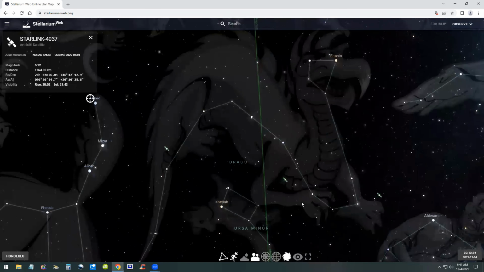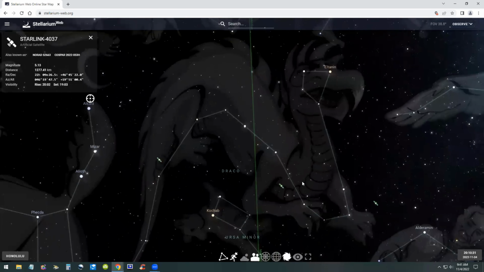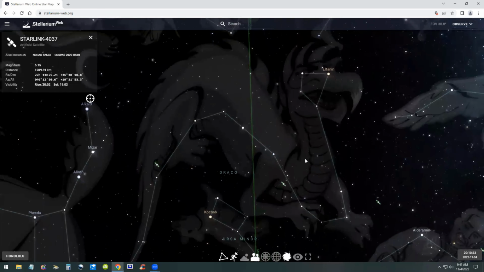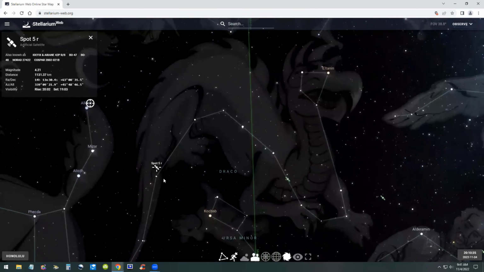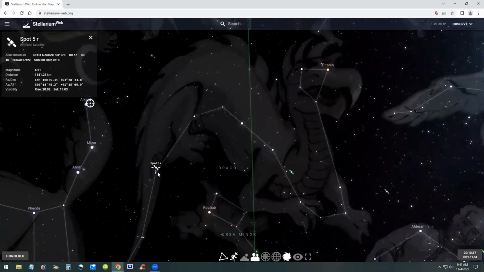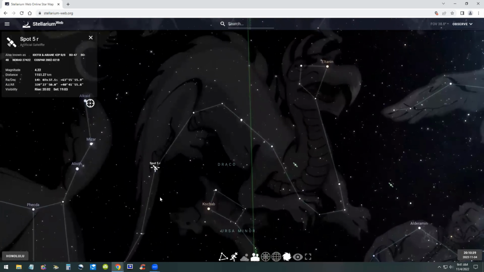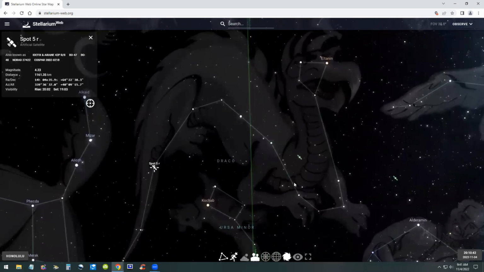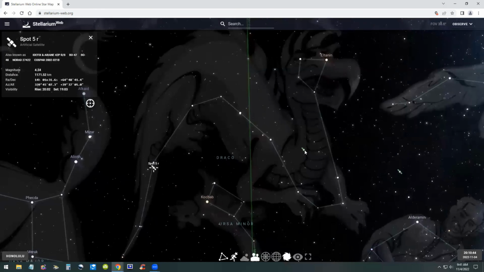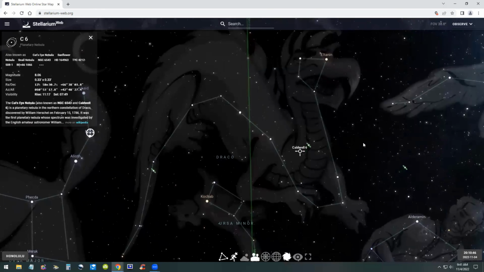Could be obviously the major countries in the world will have those, such as China, Russia, and the European Union. Here's one called Spot. Here's Caldwell. Spot 5R.